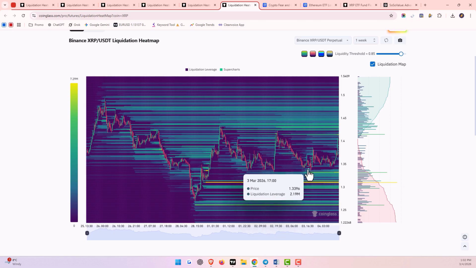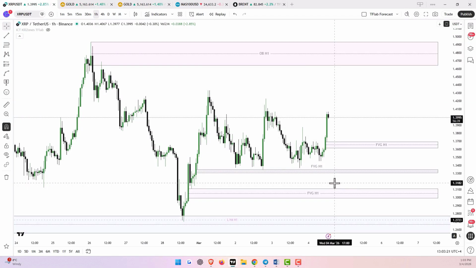Likewise, as the strongest sell-side liquidity, we are seeing the price zones of 1.3322 and also the area of 1.3303. By examining these areas on the chart, we can see that the sell-side liquidity is located at the previous low and also in the 1-hour FVG zone within this area.